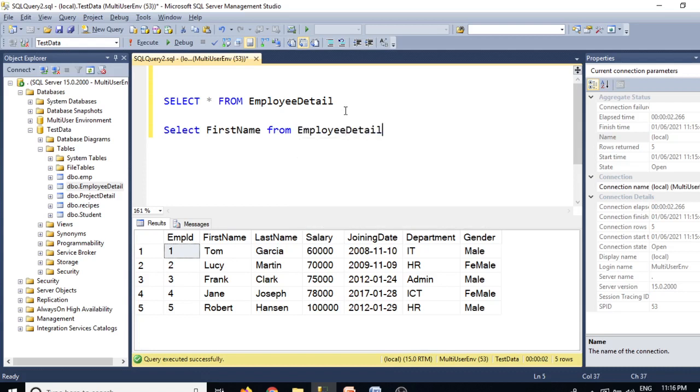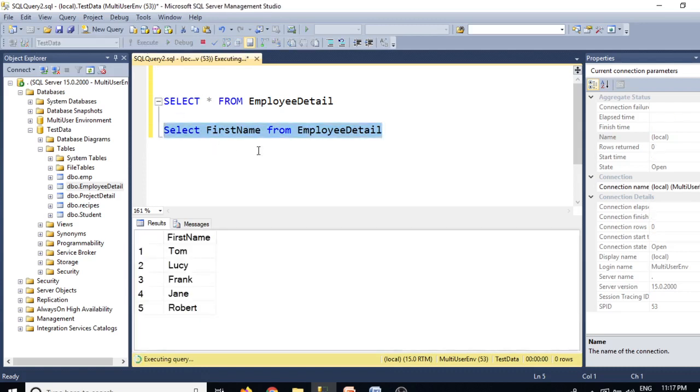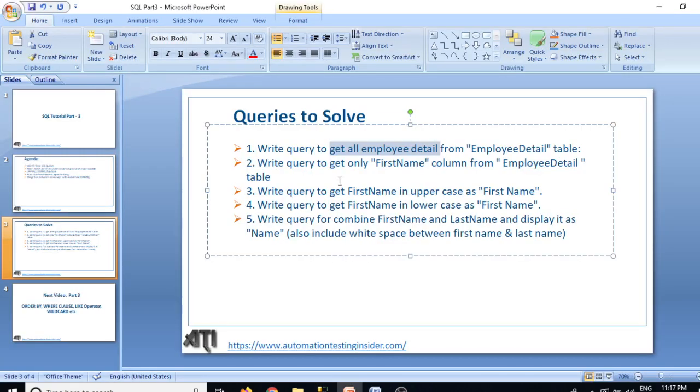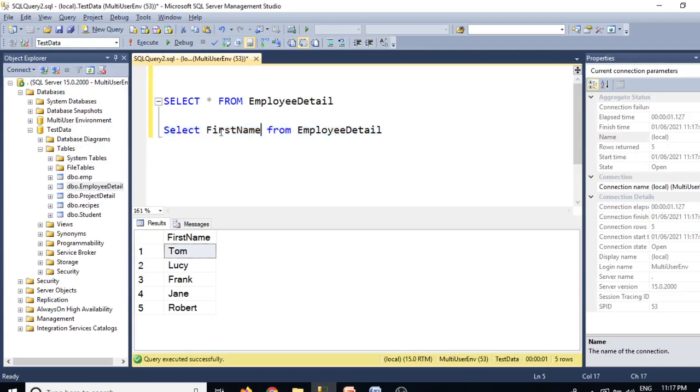You'll see it in the drop down. Just select that query and click on execute. You can see first name: Tom, Lucy, Frank, Jane, Robert. This is also a very basic query where we can get only one column from the employee detail table. So this is the second query, guys.